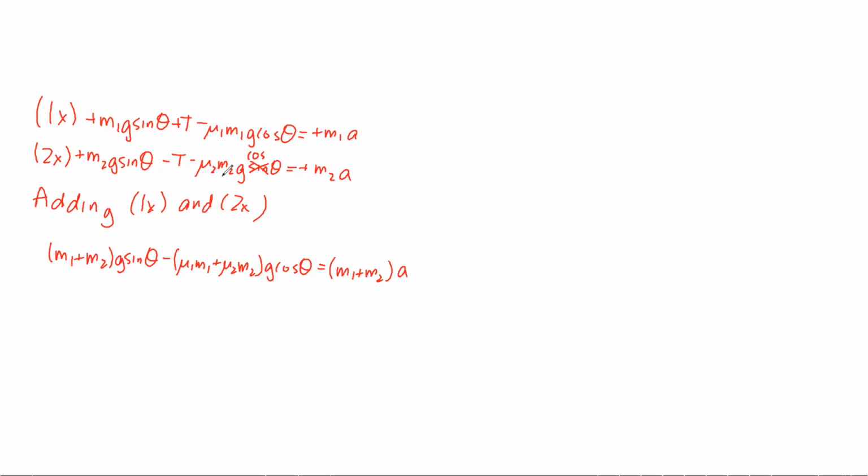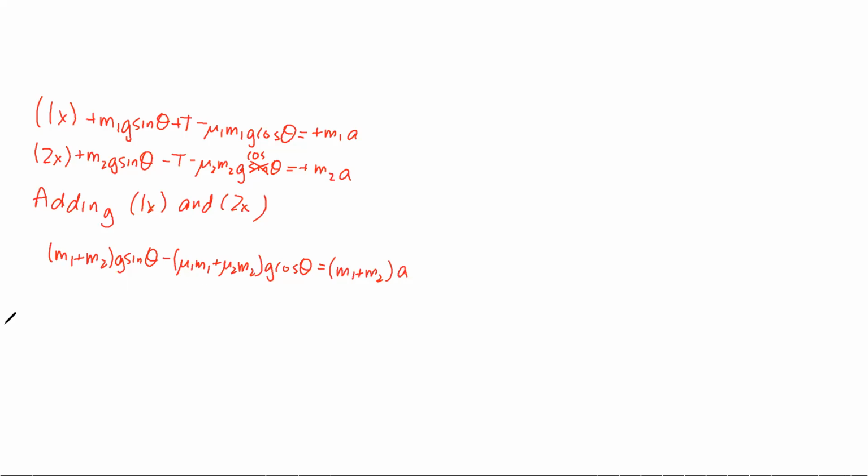So that's a correction there. And if I was being cute, I would say -1, but okay, just take it off. Right, so we have mu1 m1 plus mu2 m2 g cosine theta equals (m1 plus m2) a. And so now we can divide and find our result for acceleration,